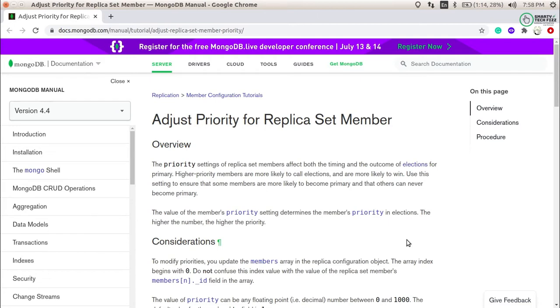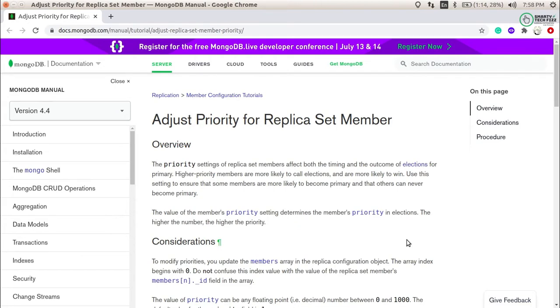So why do I want to adjust the priority of replica set members? Let's say I have 3 nodes and one node has a higher configuration, let's say higher CPU cores or maybe something else. I want the primary to be that member with the best configuration, because we have enabled the highest configuration on it. So in that case, I want it to be primary, and then I have to give it a higher priority so that it will stay primary.